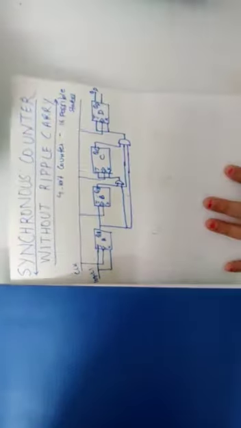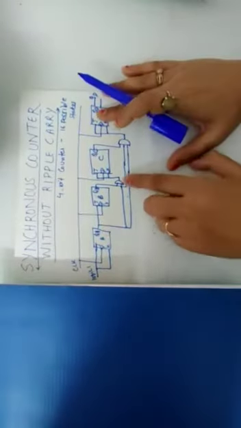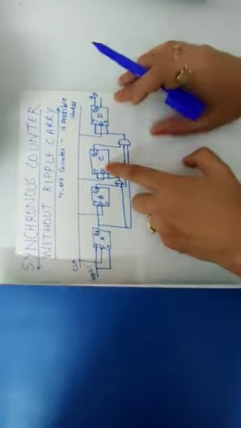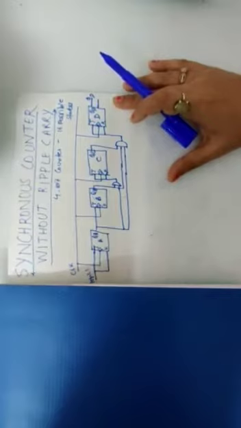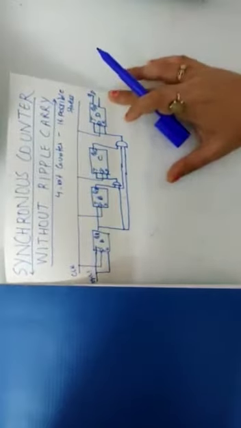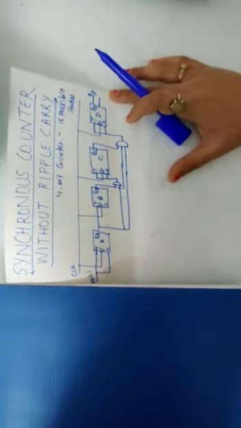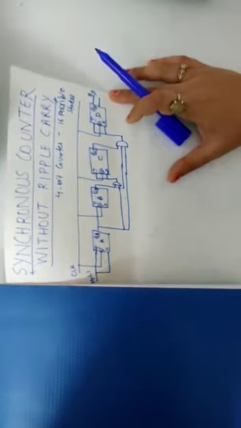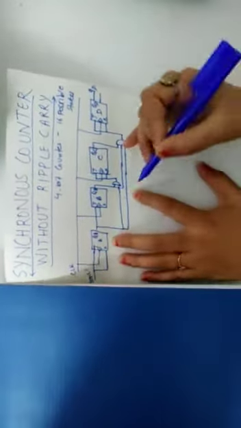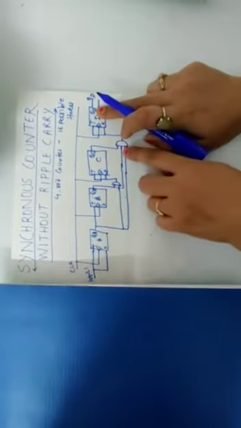Here we can see this particular AND gate is for the third flip-flop, and this one is for the fourth flip-flop. There is one AND gate for each flip-flop. We are not just making a constant number of gates for the preceding flip-flop. In the earlier case, we just kept adding the output from the same AND gate, but here we use one gate for the third and one gate for the fourth. We are just increasing the number of inputs.